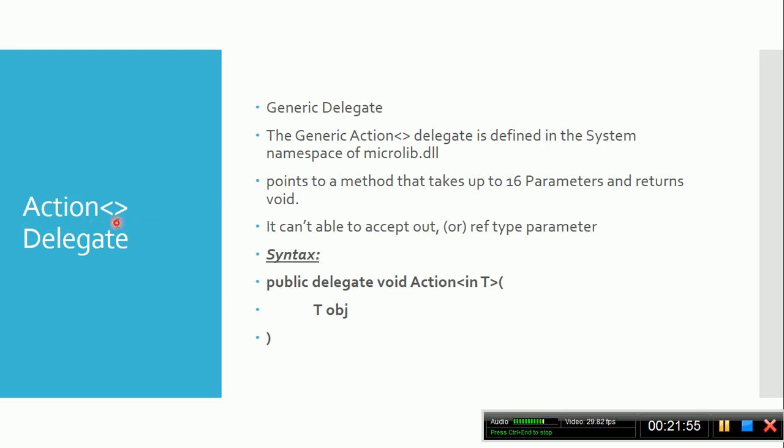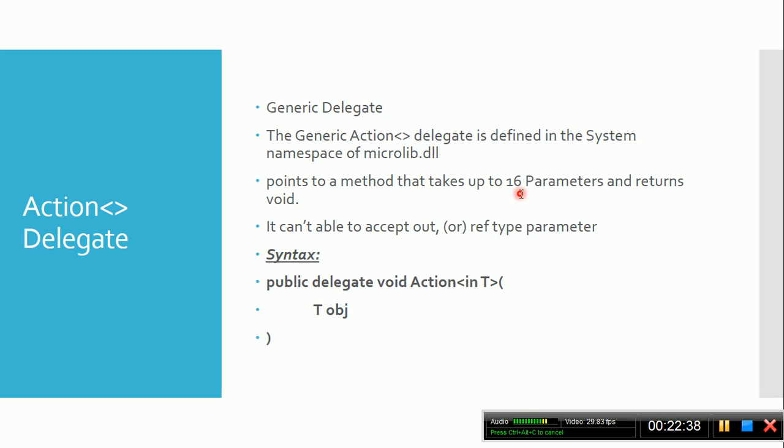So action delegate, we will first see what it is. Action delegate is one of the generic types. If you don't know generics, don't worry, I will post about generics within a few days. This generic action delegate is defined inside the System namespace, and it points to a method that returns void. It points to a function that returns void, but it can accept any kind of arguments, or any number of arguments. The maximum arguments this function can accept is 16. We can pass the address of a function which can accept 16 parameters.